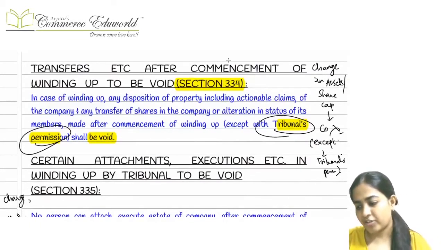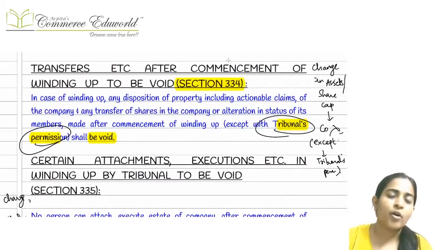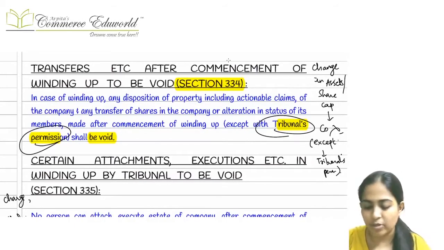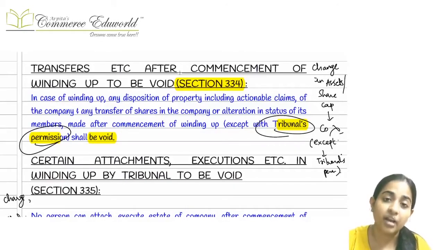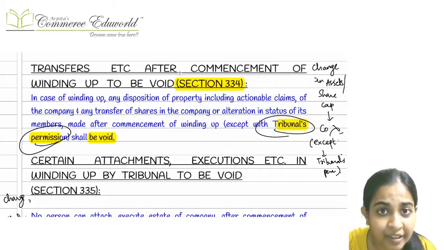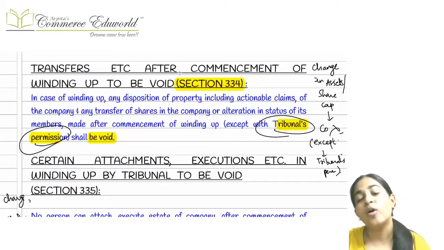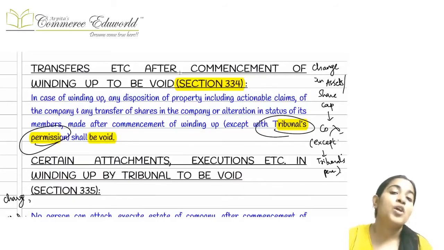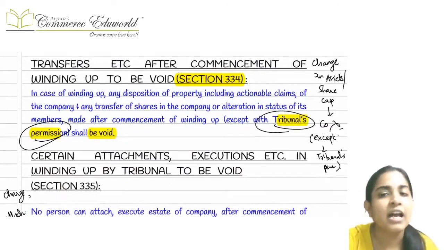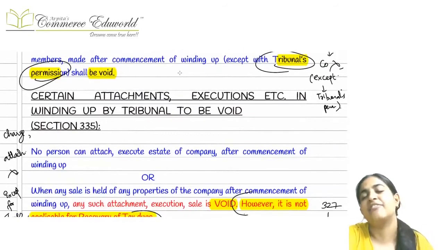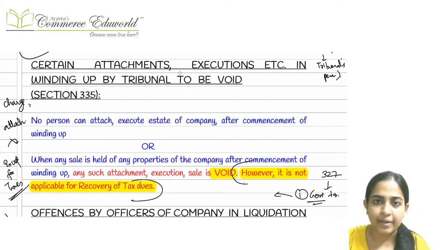Now just try to understand. Once the winding up has started, the company loses all the rights for doing any major change in the company, for example a change in its share capital, selling of any assets, change in its assets, etc. The company cannot do that now, because now there is a shift of control. If the company does any such thing without the tribunal's permission, then that will be treated as void. That cannot be done.